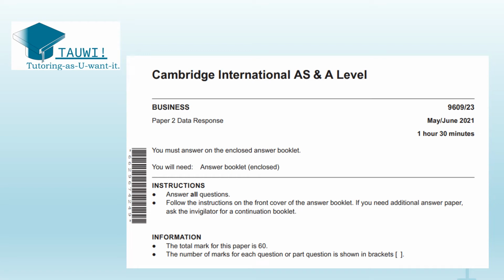Good morning, students. In this recording, I want to show you how to approach paper 2 for business AS. Paper 2 is a paper where you get 2 case studies and then you get questions about the case studies. During this recording, I will refer back to other case studies and also how they are supposed to mark your work. So let's start with